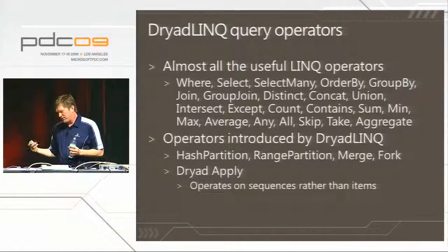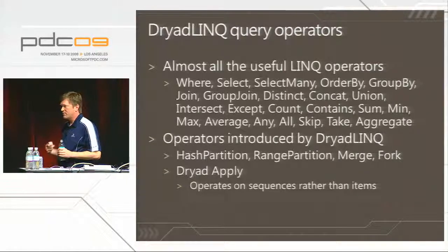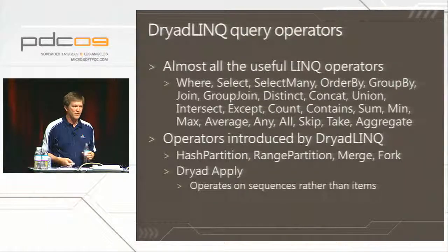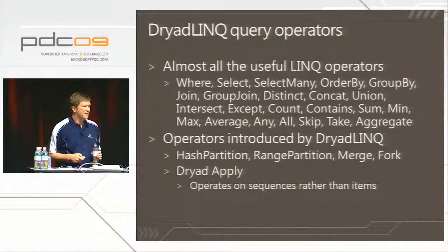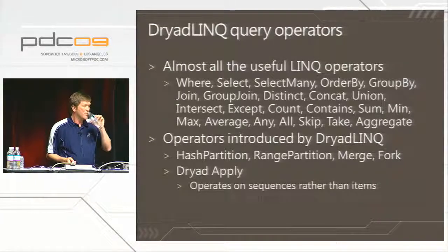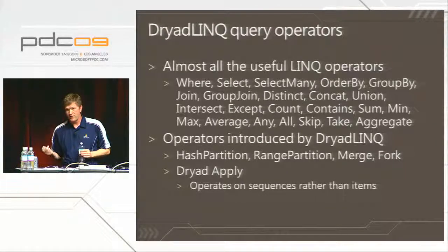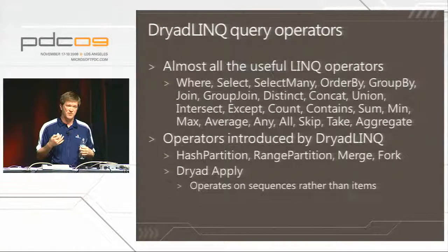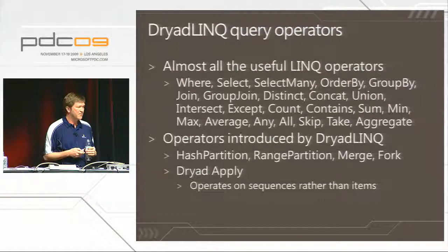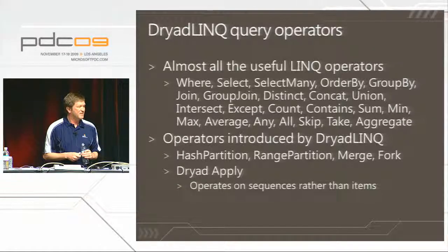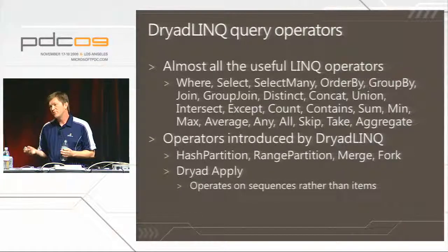So what kind of stuff can you build? What kind of operators do we support? Pretty much all the standard LINQ operators that you're familiar with. Obviously, we already saw the wheres and the selects, select many, order by, group by as well. Also, one really useful thing for a lot of problems is that we actually support joins, so you can do joins across multiple streams on a common key, as well as the standard set algebra, unions, intersection, exceptions, and then a bunch of aggregation functions, counting, maximizing, max-min, and just an arbitrary aggregation where you would define what the aggregation